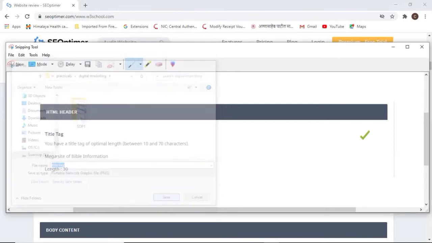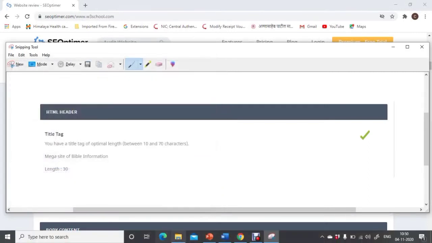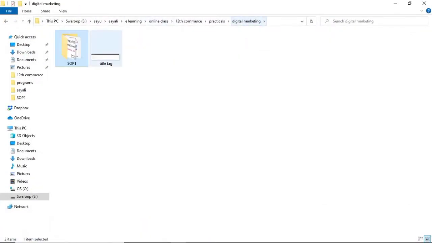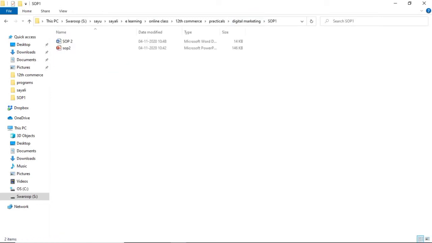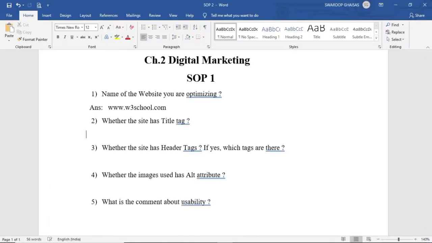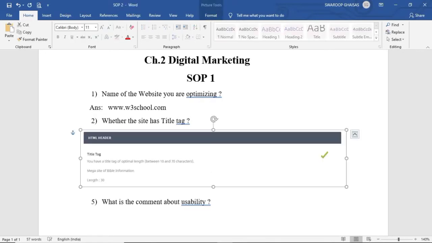Specify a name for it. Then in that folder we will get that image. Copy that image, and now paste it in the answer of the title tag. So here the answer is this.